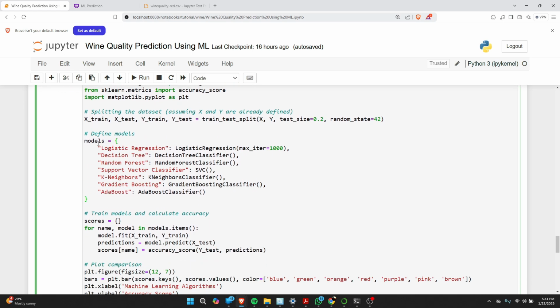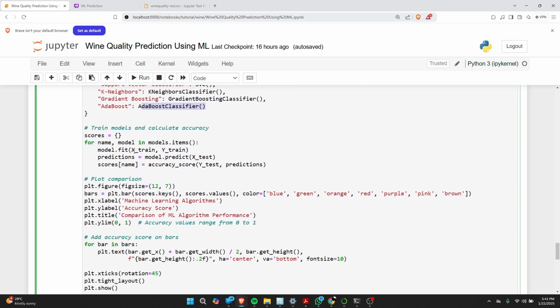And after that for models I am calling logistic regression, decision tree classifier, random forest. All these models are classifiers, and the last two are from boosting techniques like gradient boosting classifier and AdaBoost. And after that I am taking a blank scores dictionary,